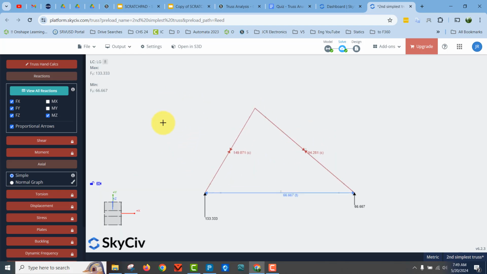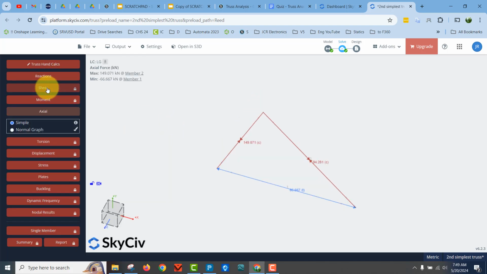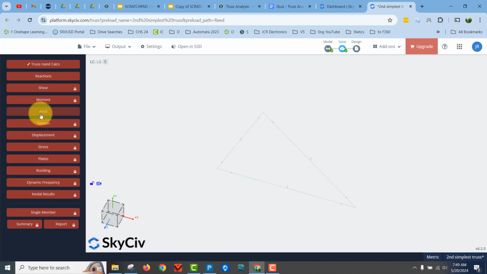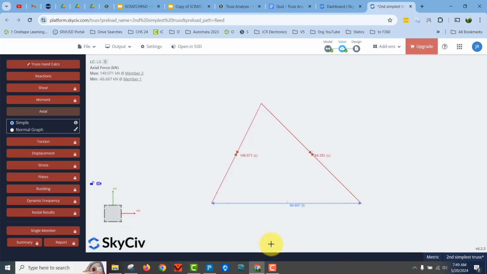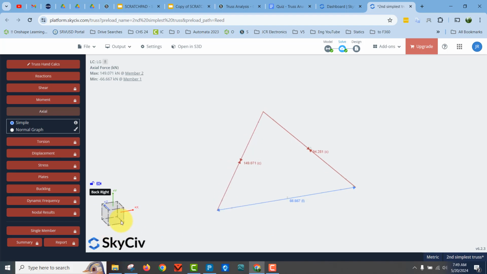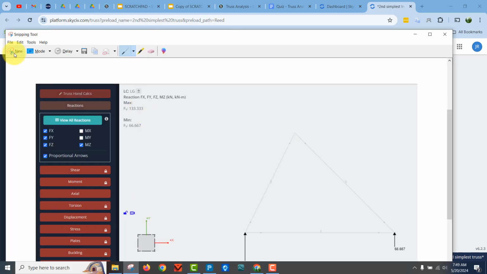I'm trying to get it perpendicular to me, so let's go back to reactions and then go back to axial and see if that'll do the... No, it doesn't. There's a normal graph. Okay, this shouldn't be that difficult. Just click it there. Okay. Did it again. So clearly I don't know what pan is. It doesn't matter. So let's take a screenshot there,